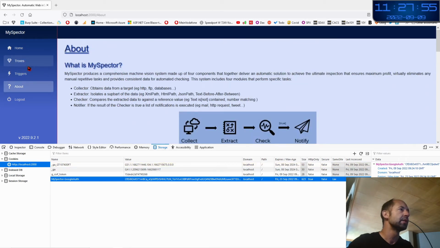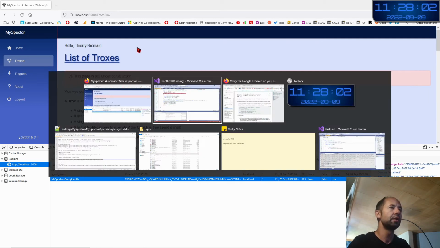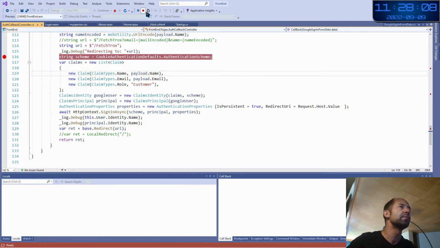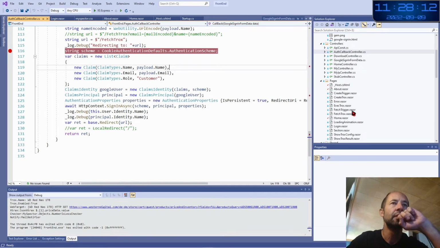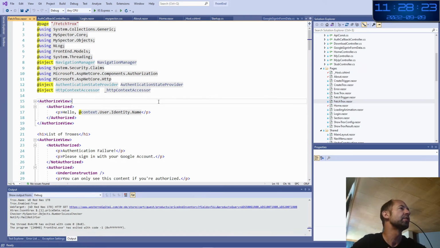Once this is done, how can I access my name here, which is in another page? The answer is simple. Let's stop this. Let's go to the list of trucks. On here, you have something interesting. You have the AuthorizeView